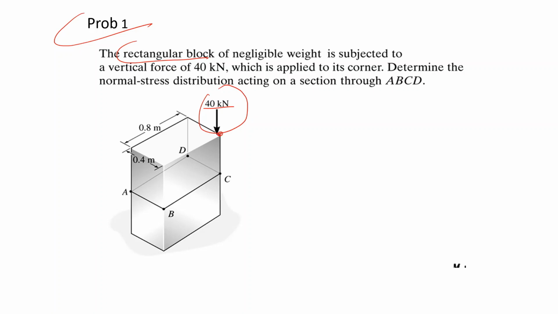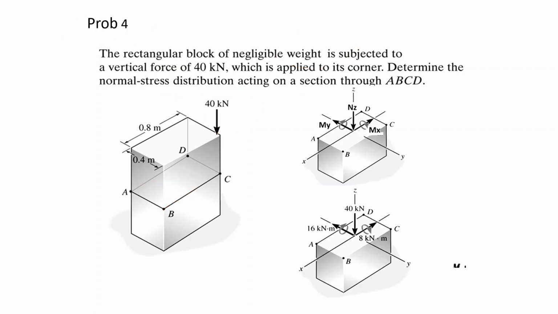So the question is determine this normal stress distribution acting on the section through A, B, C, D, and the weight will be neglected. So this 40 kilonewton on the corner will cause internal forces and moments in section A,